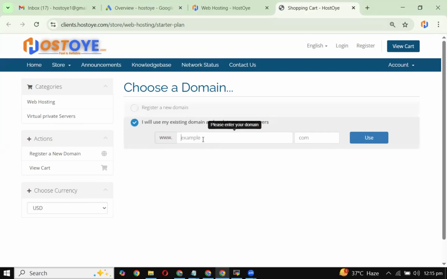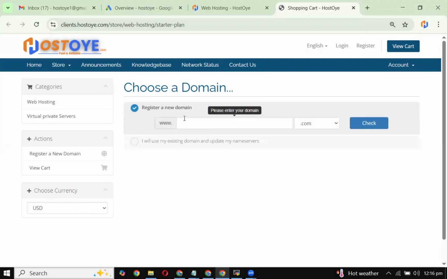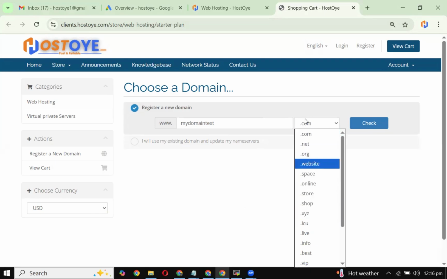choose this one. For example, if you have bought a domain, for example mydomain.net, you need to clear here, write mydomain.net, and then click on choose. But if you have not bought a domain and you also want to buy a domain, then you need to click here and then you can try here. For example, mydomaintest, and here all the domains which we have provided, .com, .net,